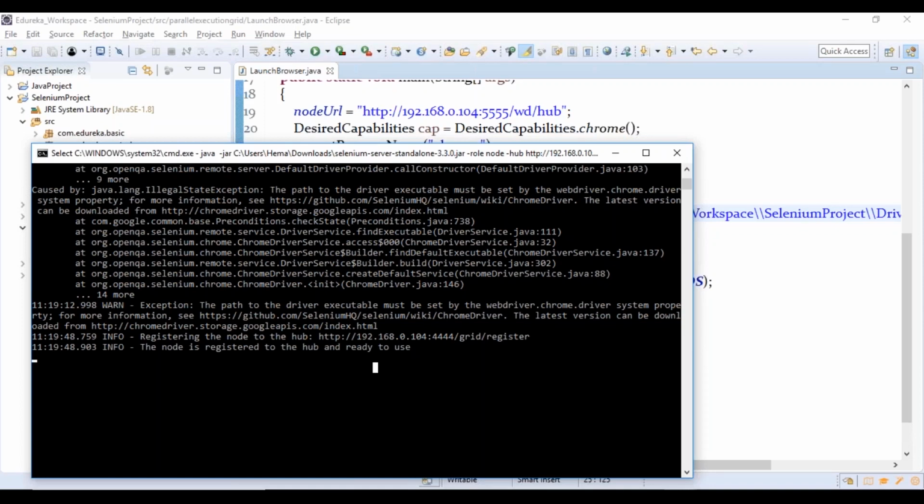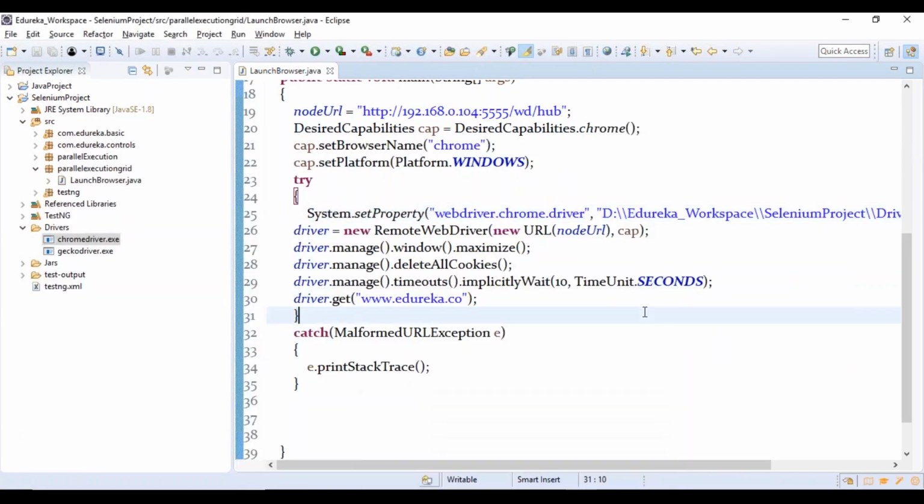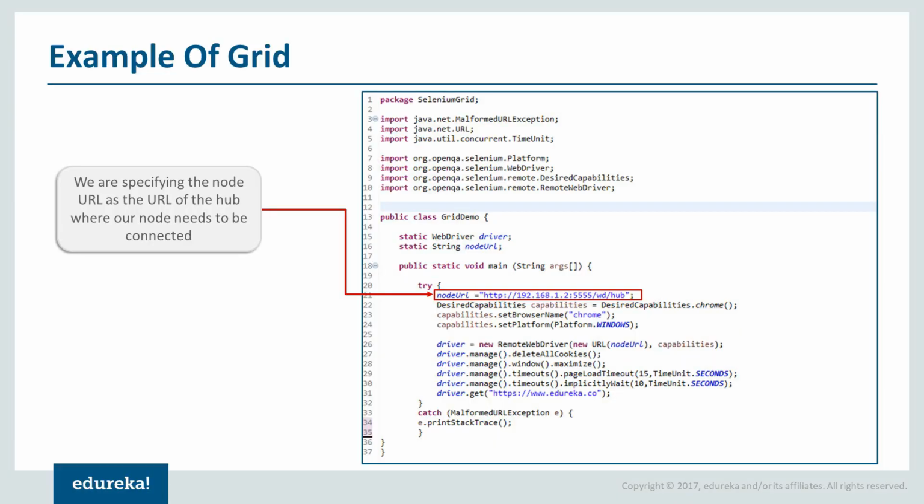So this is basically how we are going to work with your grid. Okay, so what do you mean by a grid? A grid is nothing but a bundle which helps you to perform your tests. So this means it is working fine, right? It has started working fine. We'll see just a glimpse or summary of how we are going to work with it. Okay, so now let me take this.